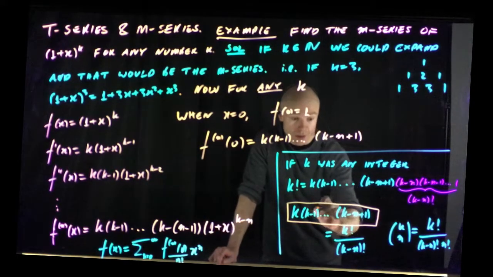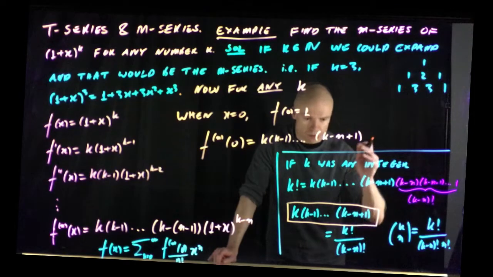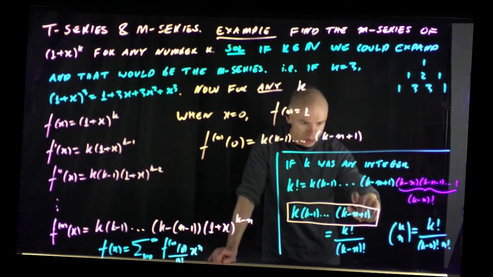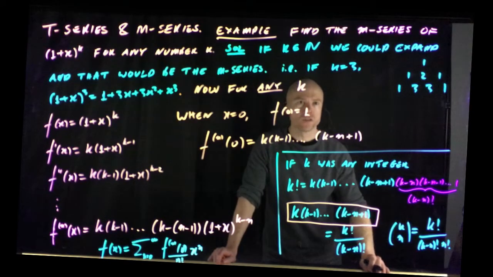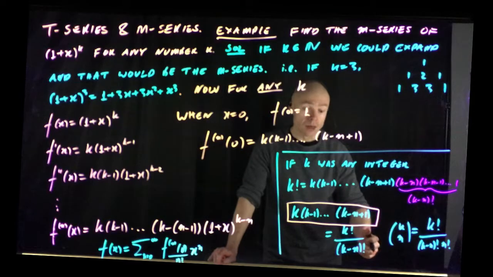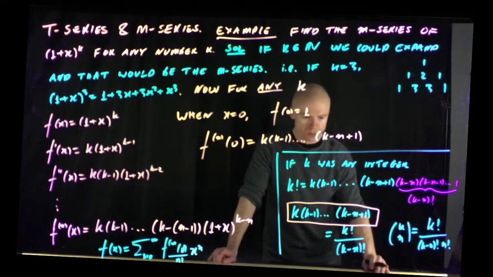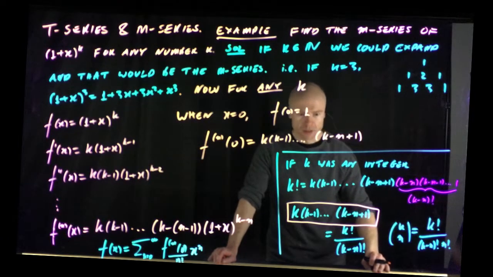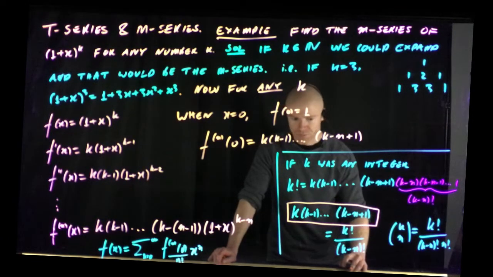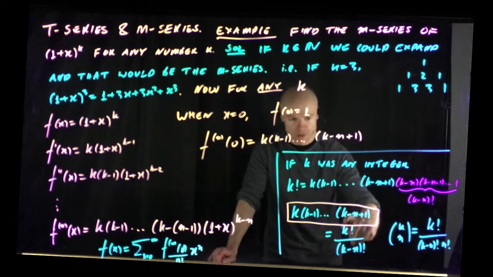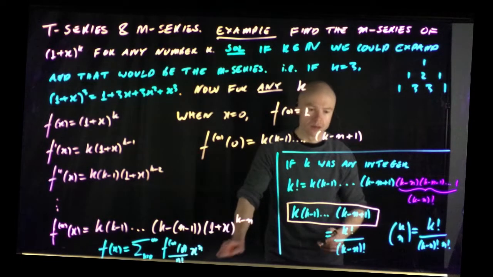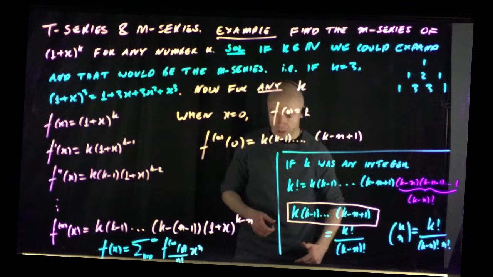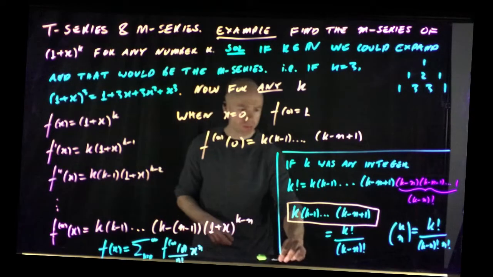So k is not an integer, so if k was, say, 100.5, then this thing would just keep going past when n is equal to 100, right? And then we'd have something here which would be a negative expression. And that would be quite confusing to have a negative factorial. So instead of writing this, I'm not going to write it like this at all. I'm just going to keep it in this form when I write out the expression that we've learned. And I wish I had some space, but okay. Yeah, I just don't have space. All right, so